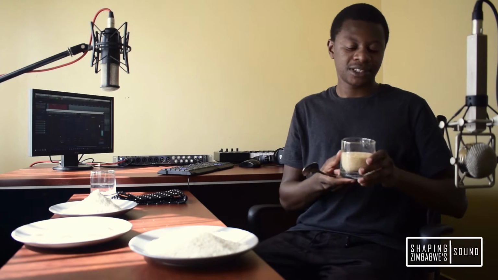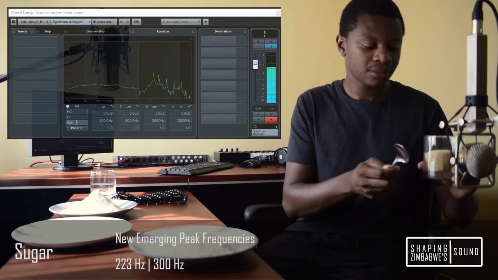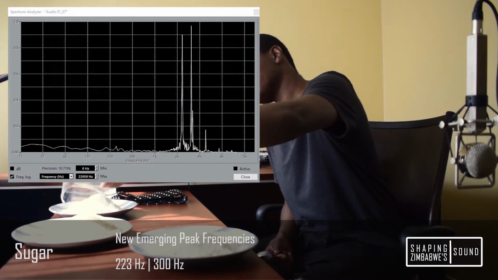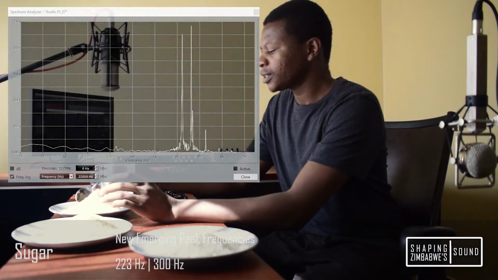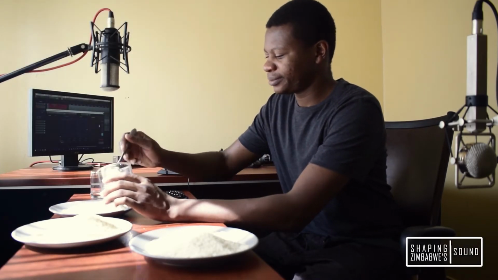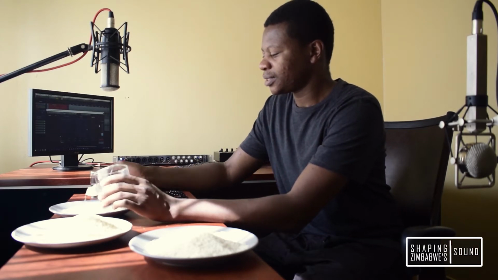So a second example is sugar this time. Let's see how this glass is going to respond. More or less the same, yeah. And then our third and final example: just flour,